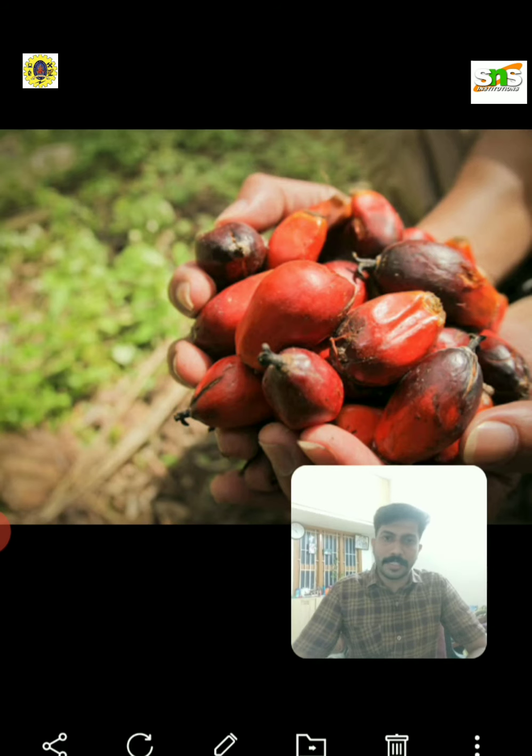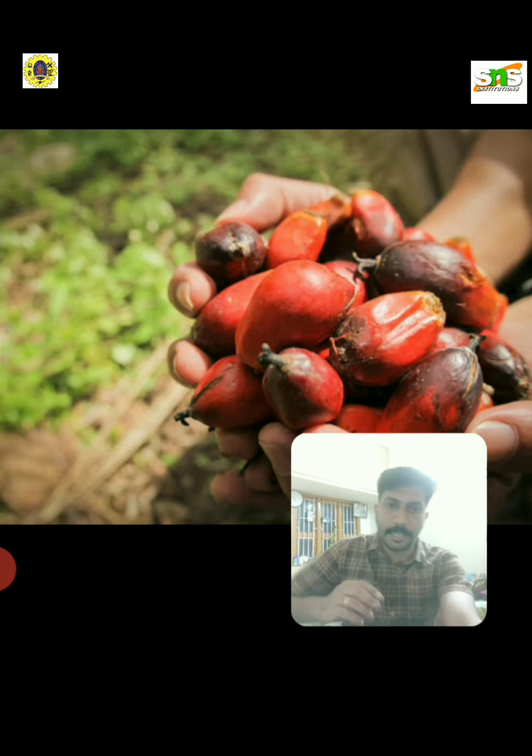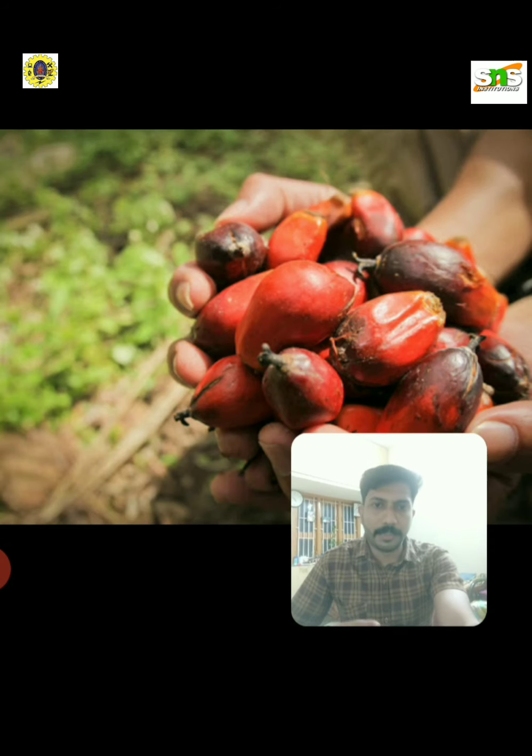Today, we are going to discuss a case study on microwave sterilization on palm oil fruit. Palm oil is an edible vegetable oil that is derived from the mesocarp of the fruit of the oil palms, primarily the African oil palm, and also to a lesser extent from the American oil palm. These are the different varieties of palm trees that will yield palm oil fruit. The mesocarp of the palm oil fruit is used to extract the palm oil that forms an edible vegetable oil.